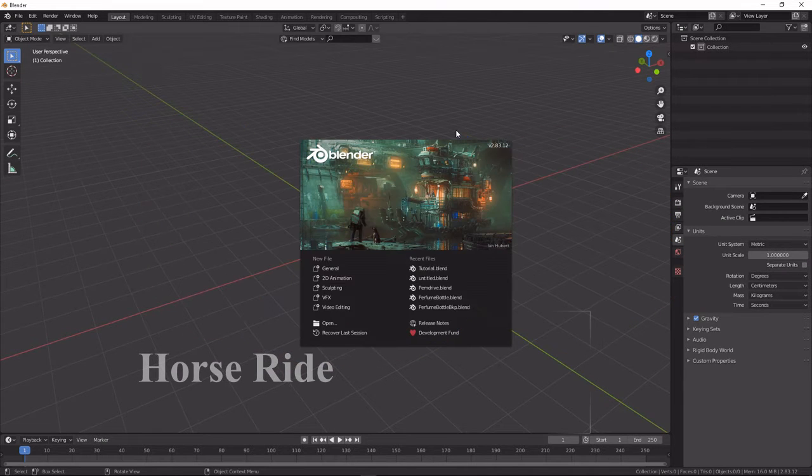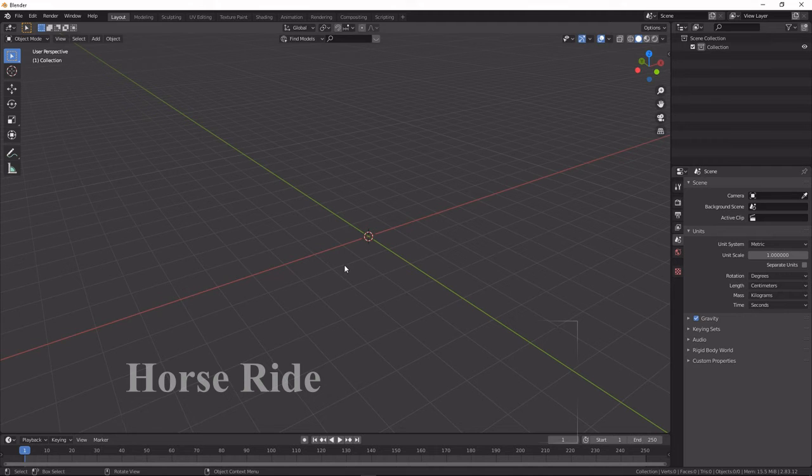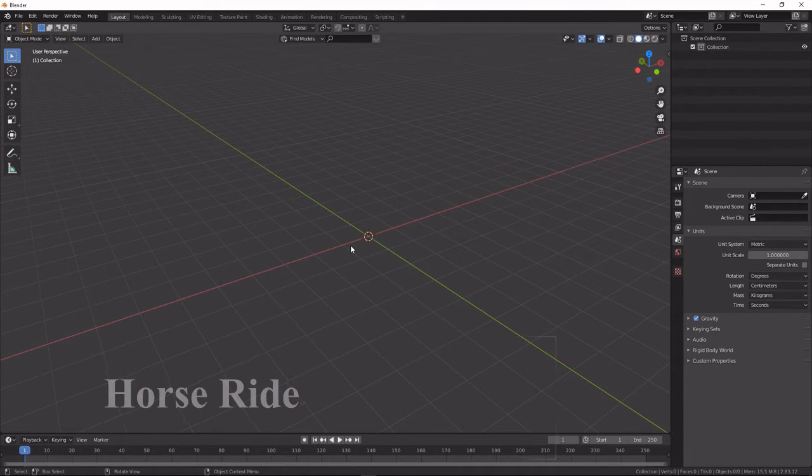After opening Blender, here you can see this is the basic structure. Click on General. Generally for everybody it comes with one cube, one camera, one light. So here what I have done is the default save file setup. I will guide you how to do that in the speed introduction.